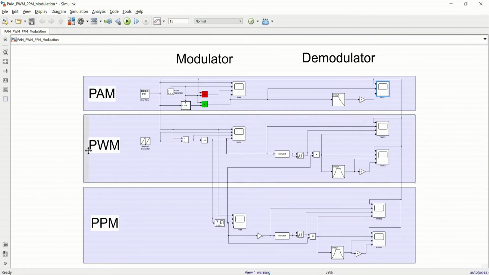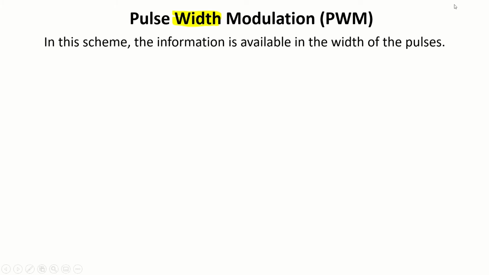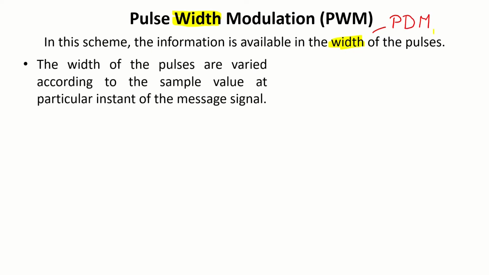Now let us move towards PWM. Now for the pulse width modulation, the information is available in the width of the pulses. Hence we can also refer to it as pulse duration modulation, that is PDM. That is, the widths of the pulses are varied according to the sample value at a particular instant